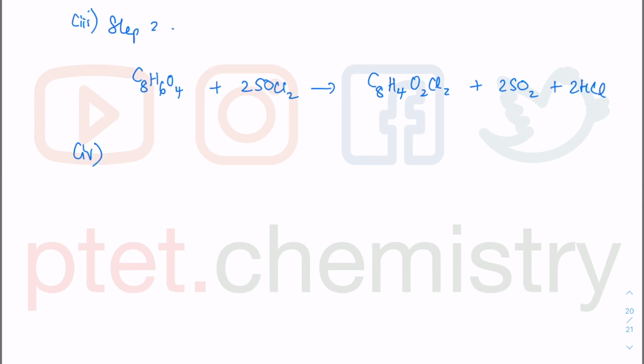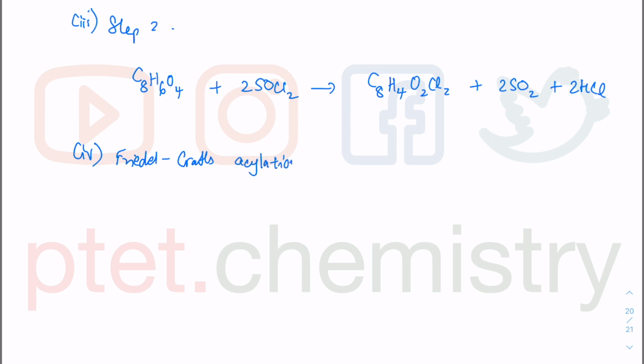On to part 4 of this question. They say in the first step, in the first reaction, the COCl2 reacts with AlCl3. They told you in the question AlCl3 is a catalyst, and then they show you the second equation. So this reaction is the Friedel-Crafts